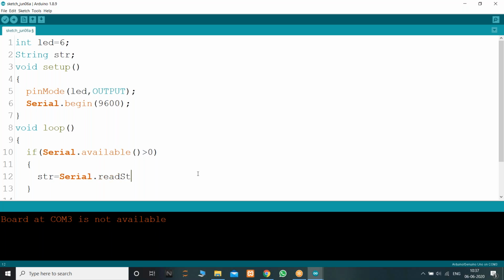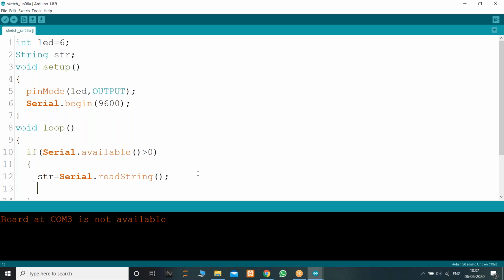Here I'm reading string values, that's why I'm using Serial dot readString. It's also a function. I'm reading the ASCII values and converting them to a string. For reading string values, we need to use Serial dot readString from the serial monitor command line interface. I'm reading the value and assigning it to a variable called str.